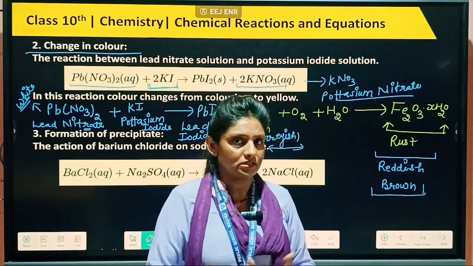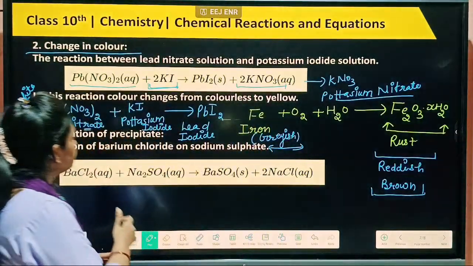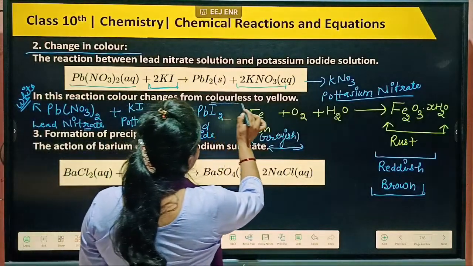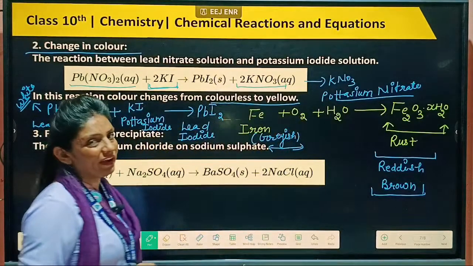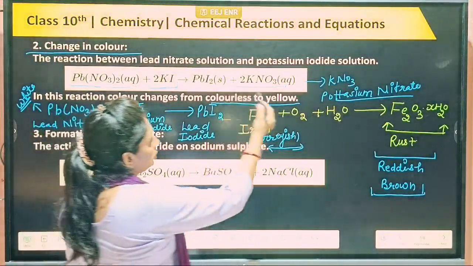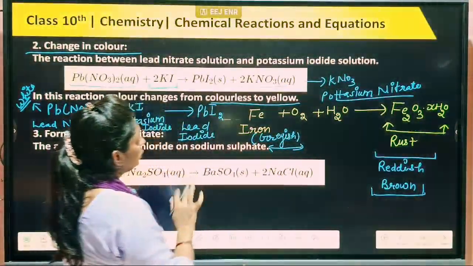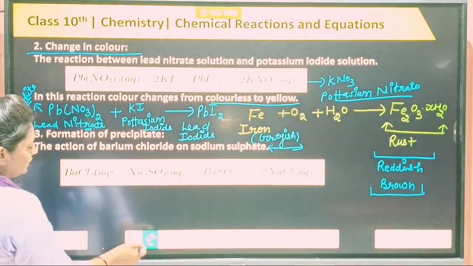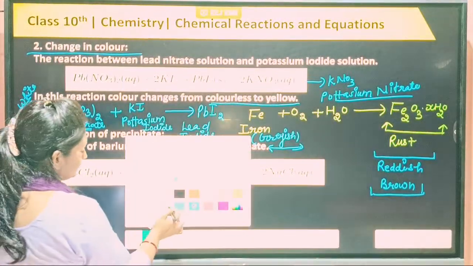Okay, I hope it is clear to you. So students, in this reaction, color changes from colorless to yellow. You can say white to yellow or colorless to yellow also. Meaning during a reaction, color can be changed. Then students, next one is